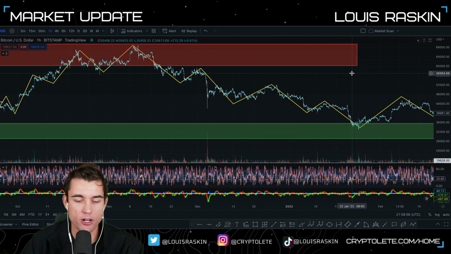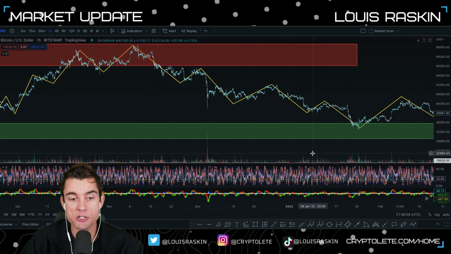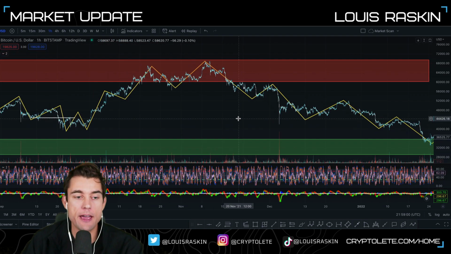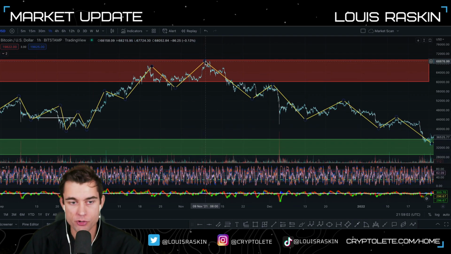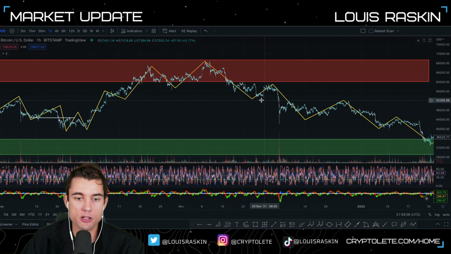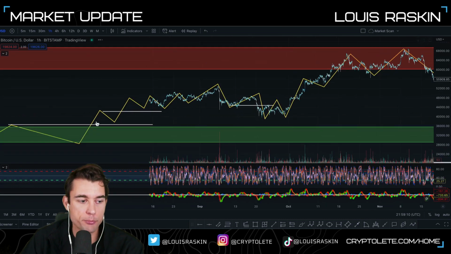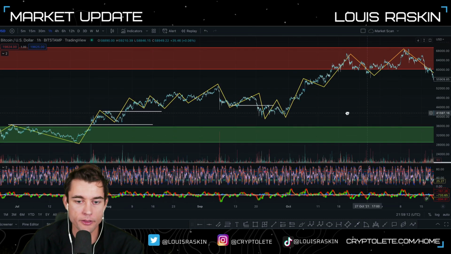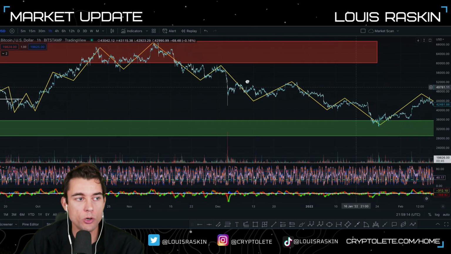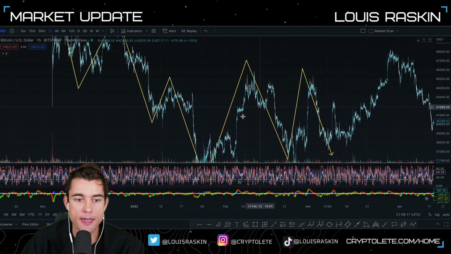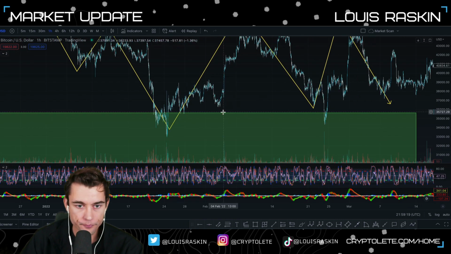You can't go back that far in the 15-minute chart. But if we go to the 1 hour chart, and let's say that we realized that there was a market structure shift up here and we turned bearish. So where do we want to look for bullishness? Well, we want to look for bullishness at the previous support area down here, the one that I just laid out, right? So let's go down to the 1 hour chart,